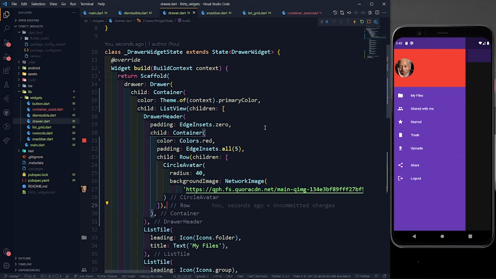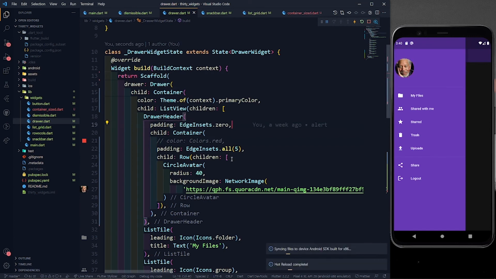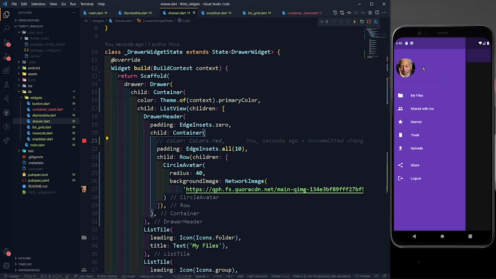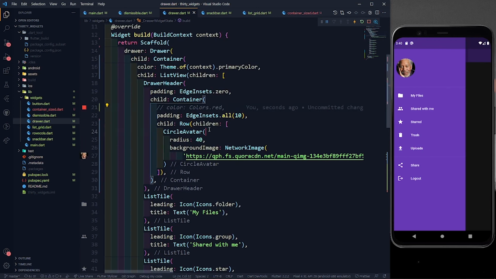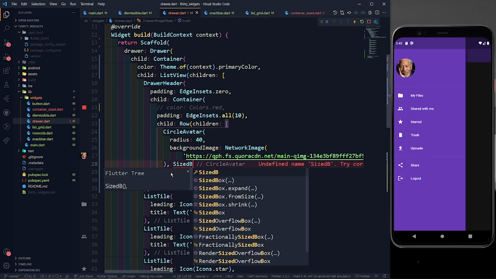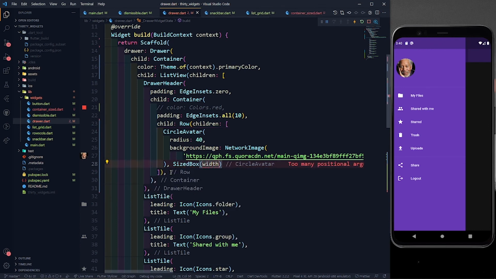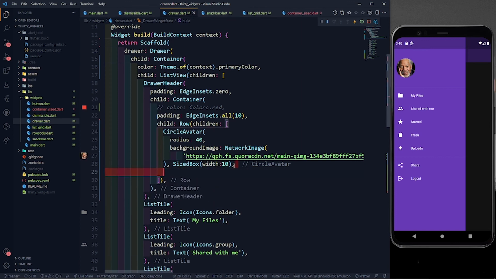And we can just save this file, and you can see over here. And now I can just remove this red color. That's not looking good. I can just comment out this red color and save it again, and you can see, perfect. Now I can increase the padding of this container to 10. Perfect. Now I can define the name and the email for this person, right? For this you have to define a simple SizedBox for having some space between them. I'll define a width for it as 10. Now after this, I'll define a column because we are going to have two things, the name and the email.